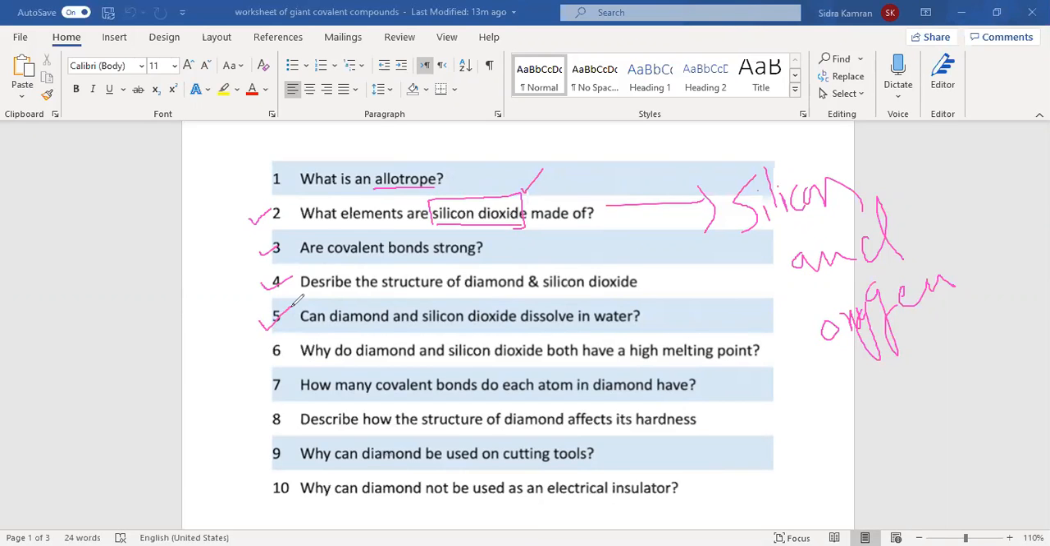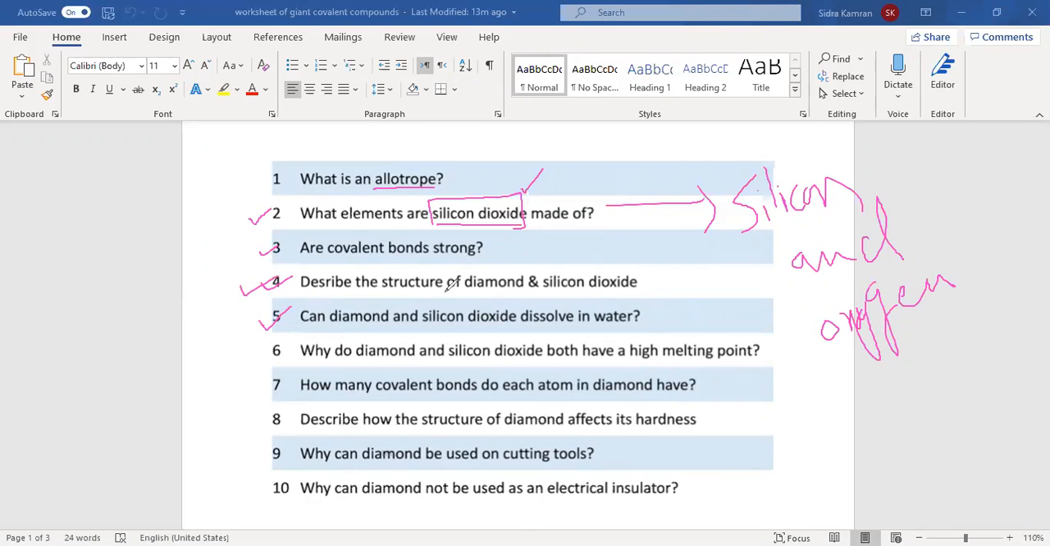Can diamond and silicon dioxide dissolve in water? No. I am sharing this video with you, and this video contains all the answers. So don't worry. If you want to write then don't worry, but if you want the explanation, so the